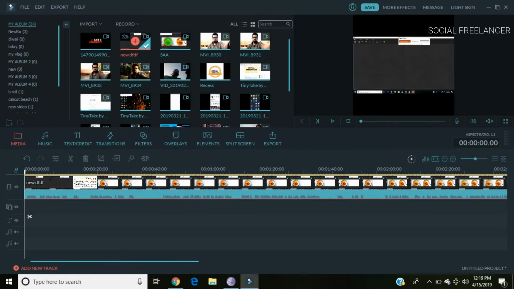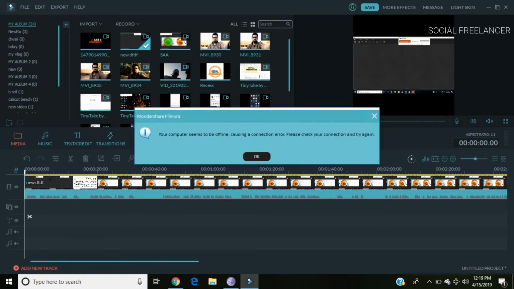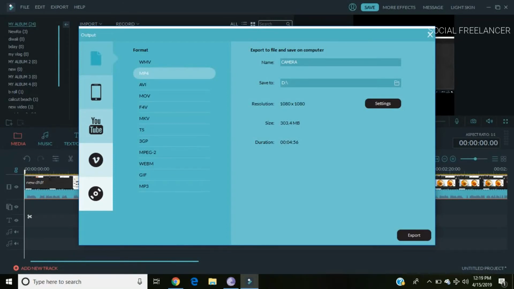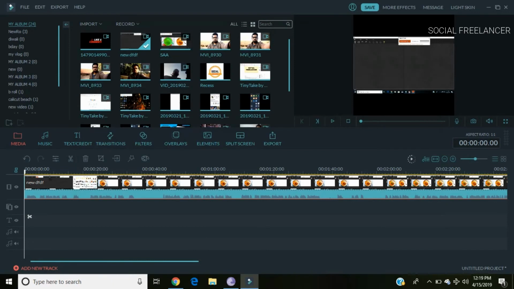I suggest you select this method to make a video in square shape, because while exporting you don't have to change the video dimension and all. The video size will be 1080 by 1080 itself, so there's no need for changing. Okay, I will show that. Export. See here, the video resolution is already 1080 by 1080. Okay, this is the second method and I suggest you do this method. It is the easy and fast method to make the video square.